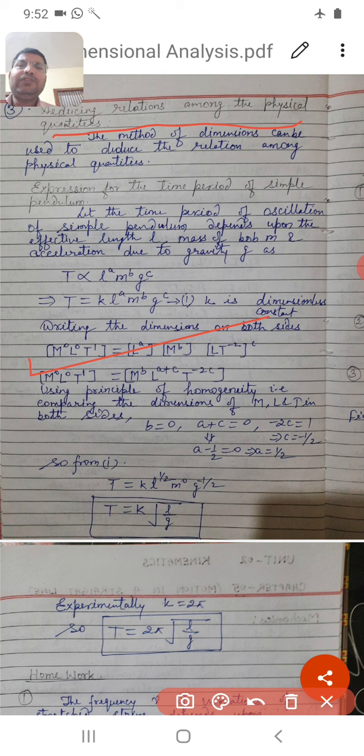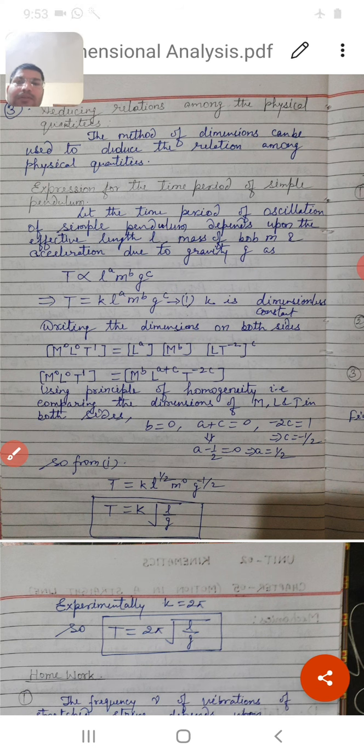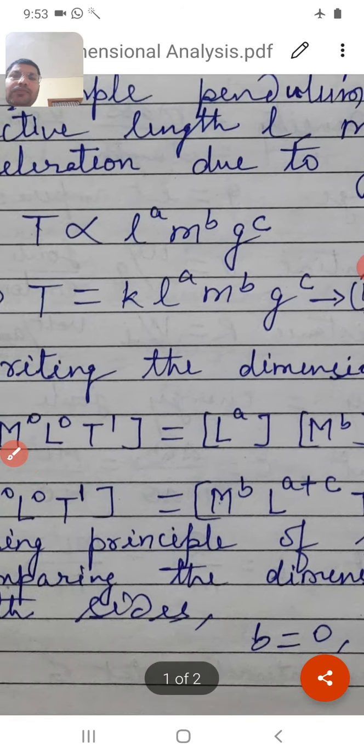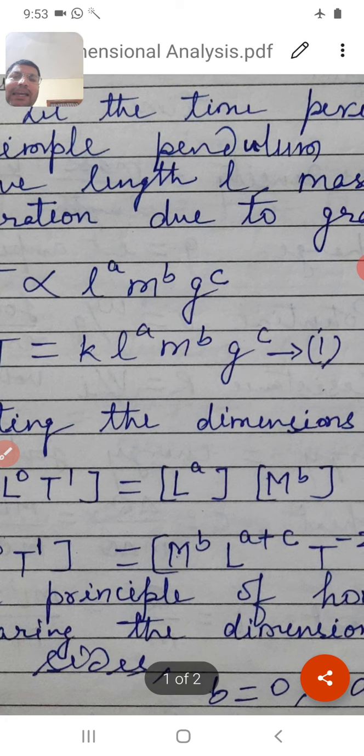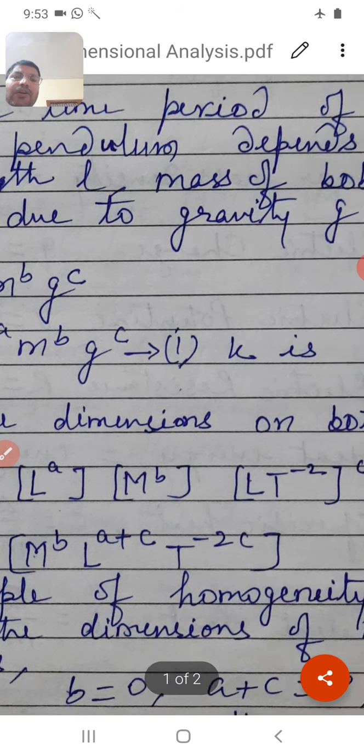In this example, we are assuming that the time period of oscillation of simple pendulum depends upon effective length L, mass of bob M, and acceleration due to gravity G. We are assuming that time period depends as length to the power A, mass to the power B, and gravitational acceleration to the power C. Making proportionality into equality, you have T is equal to K, L to the power A, M to the power B, and G to the power C, where K is